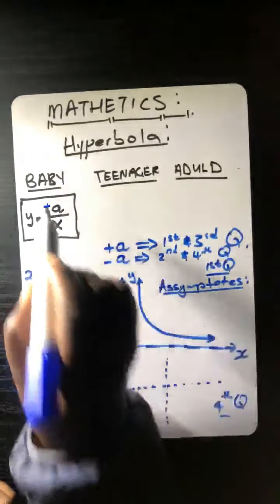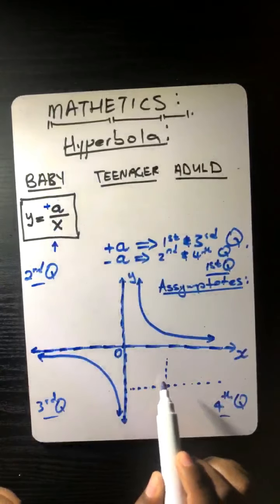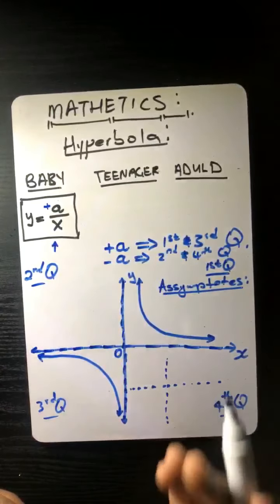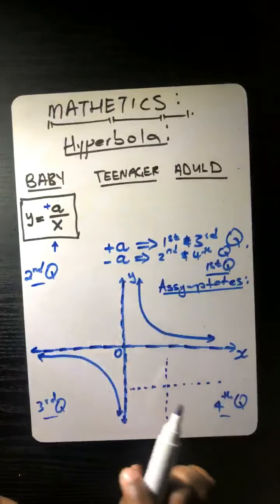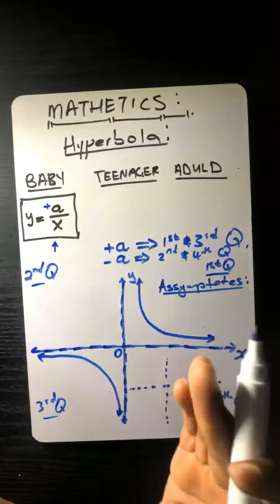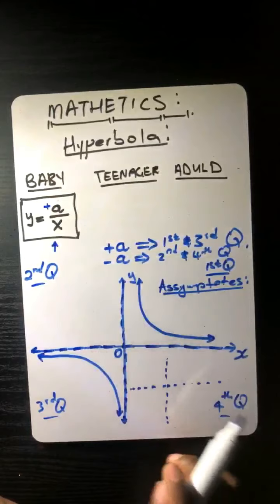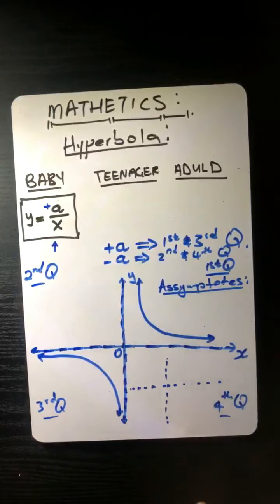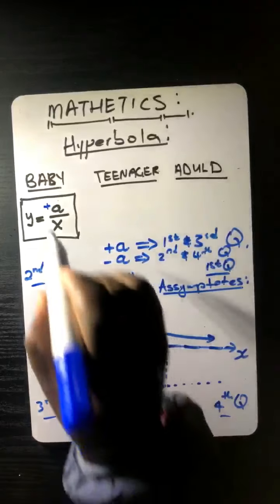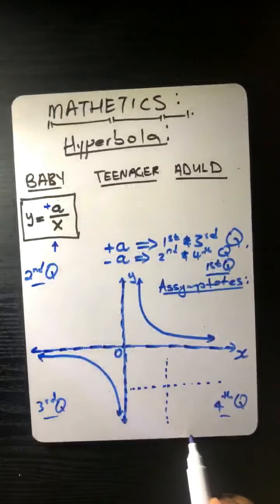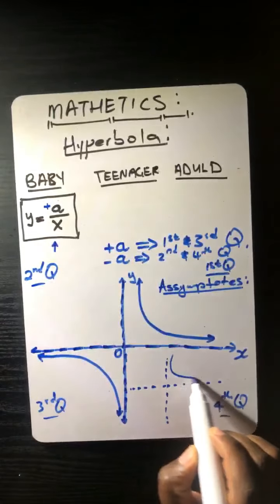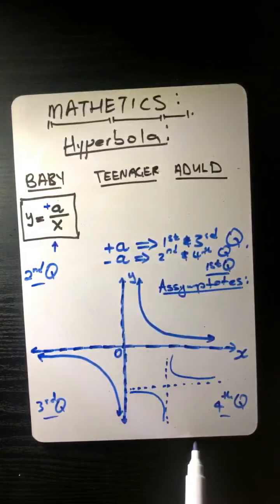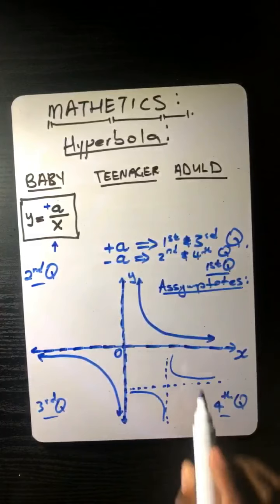Remember, the A value could be any number, not necessarily from 1, also half could be your A value. It is just any number but not 0, because if you have 0 over something, I think it's an error. So if your A value is a positive number, then your function is going to run like that. Now, something that you need to be aware of is that it never,